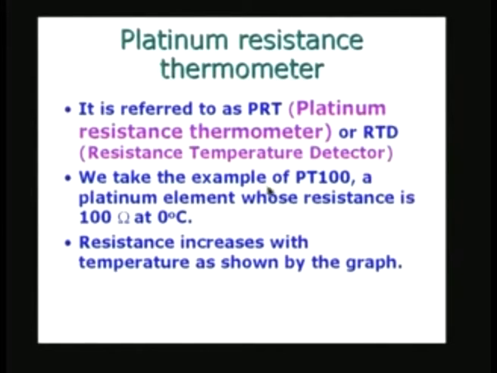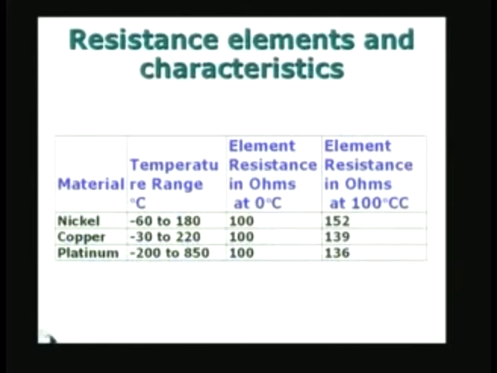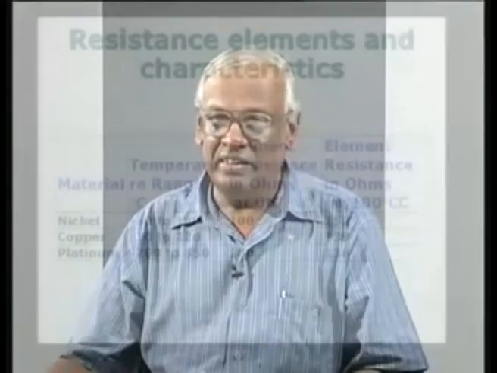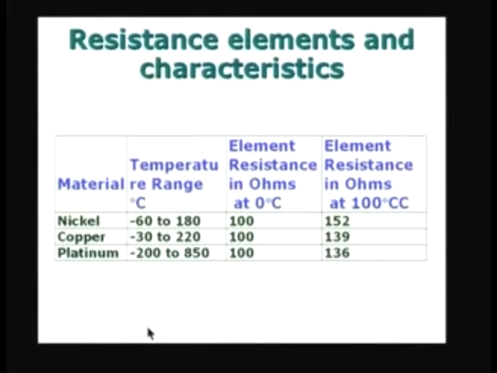We shall take the example of PT100. If you remember, in the previous case I took the element resistance at 0 degrees Celsius as 100 ohms. So, this platinum having a resistance equal to 100 ohms at 0 degrees Celsius is called the PT100. PT100 means platinum resistance thermometer with a resistance equal to 100 ohms at 0 degrees Celsius, that is the ice point. This is the standard element which is used in practice. Of course, you can also have PT with a different value of resistance. That means the number of turns or the length of the wire and the cross section of the wire have to be taken suitably, so that you can get different values for the resistance.